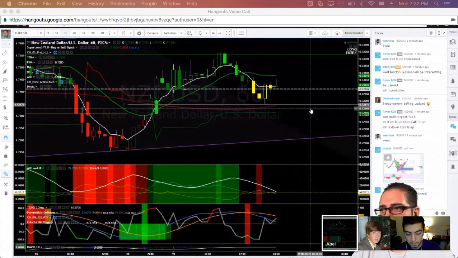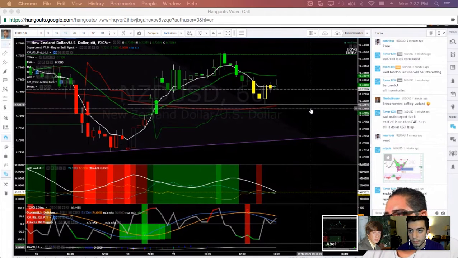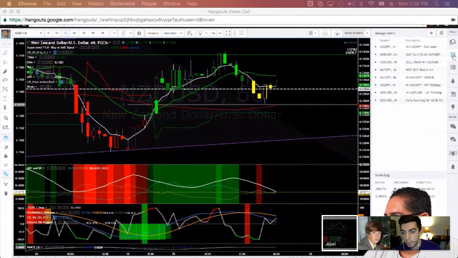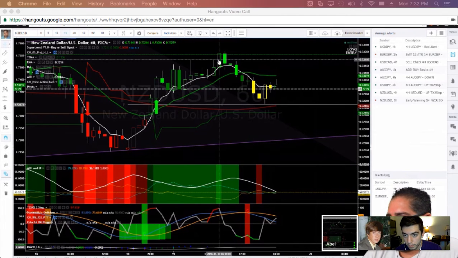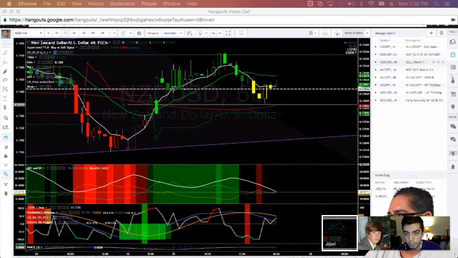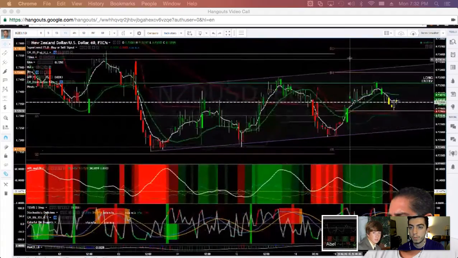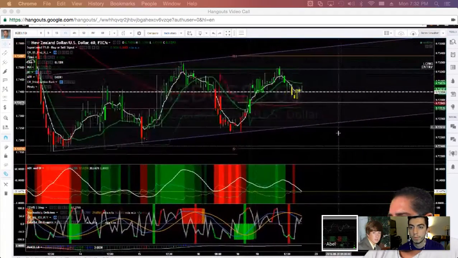Here's the Kiwi dollar that I didn't get out of when my little signal sent me a message. Let's see, where was this at? That was like at 8 o'clock this morning. Oh, I'd already cleared it out. 8 o'clock this morning, it told me, yeah, get out. And then I had other things going on, and as soon as it closed that candle, it literally just dropped right after that. But it's all in the plan. Purple channel going up, it'll get there.